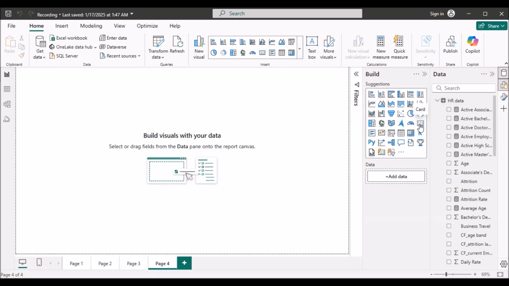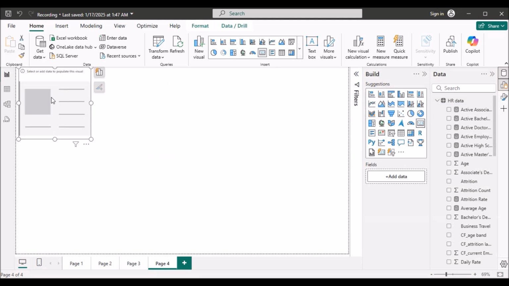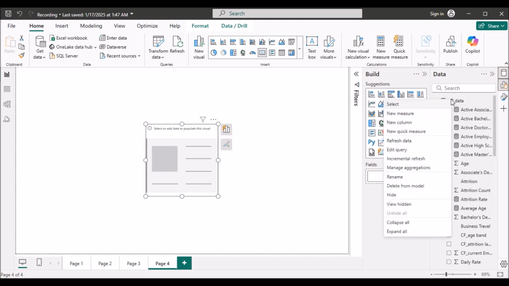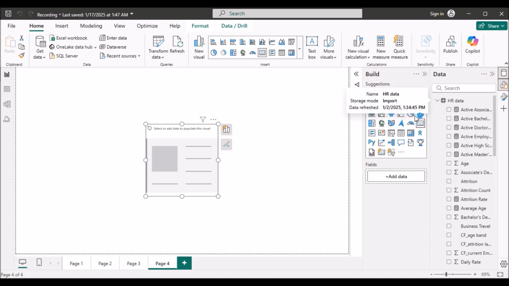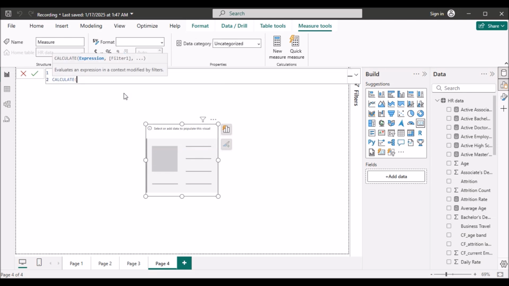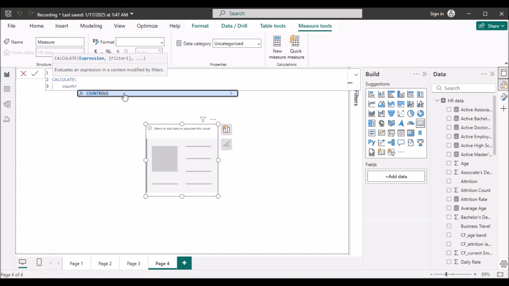First I will take up the new card, just click on it. Now I need to write up a query. For that, go to HR data, right click on it and click on the new measure. Write up a query here. High school students R&D equals to calculate of count rows of HR data,